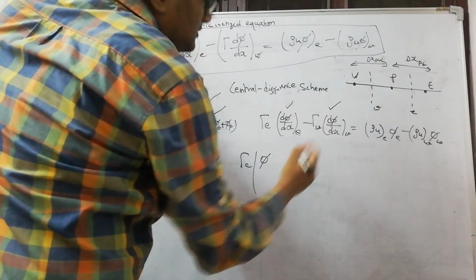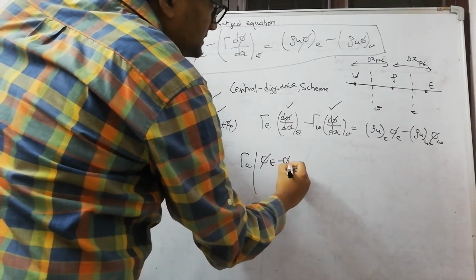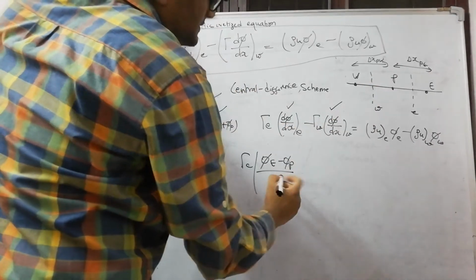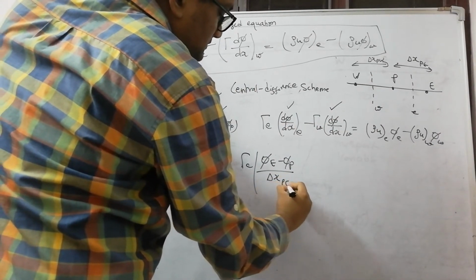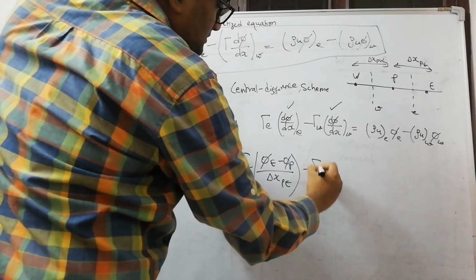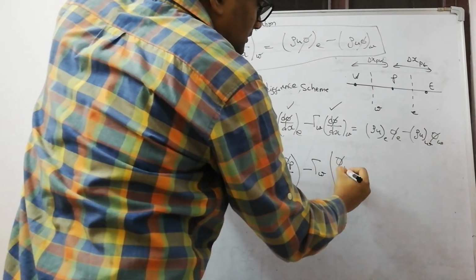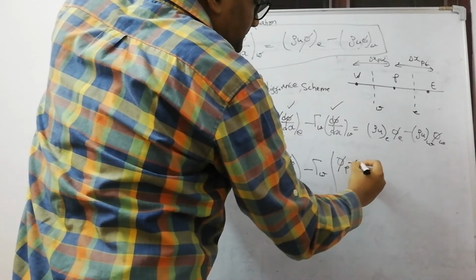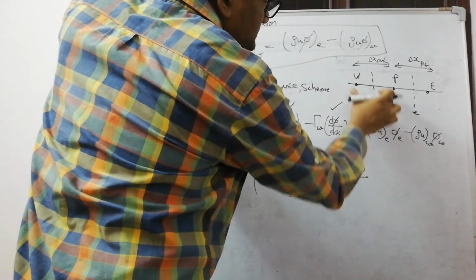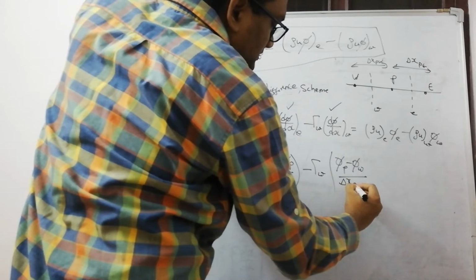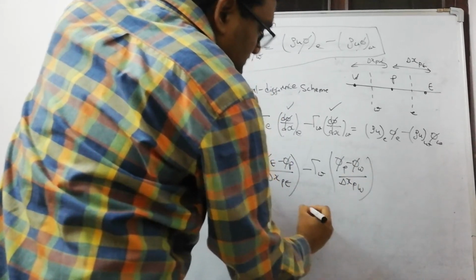This is phi E minus phi P, y2 minus y1 by the distance between the two points, delta x PE, minus gamma w times phi P minus phi W, y2 minus y1 by x2 minus x1, the distance between these two points. This is equal to